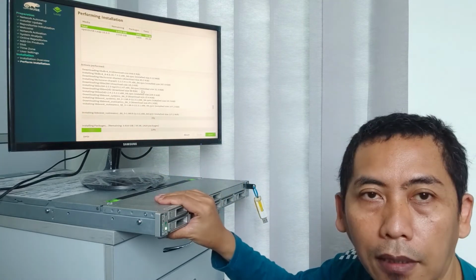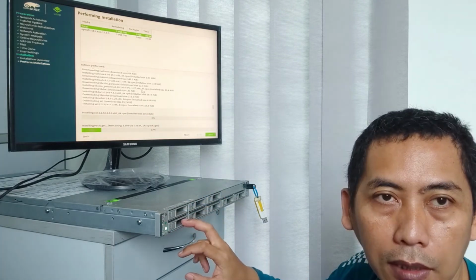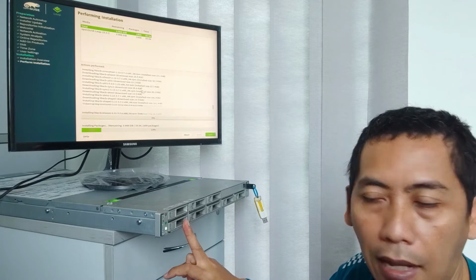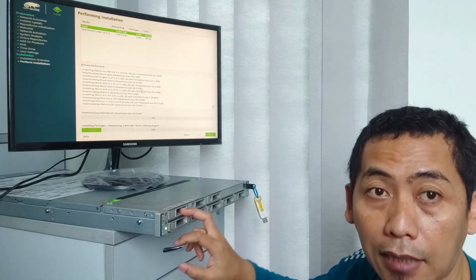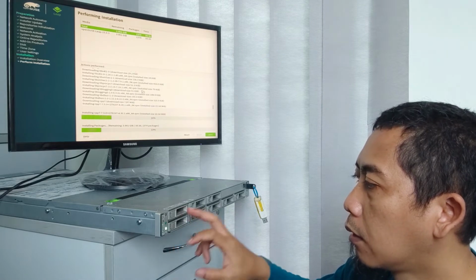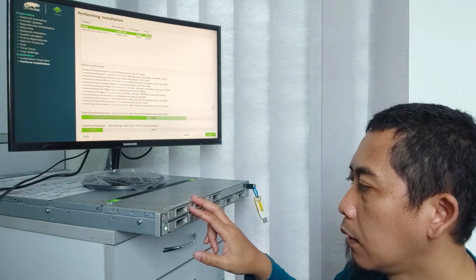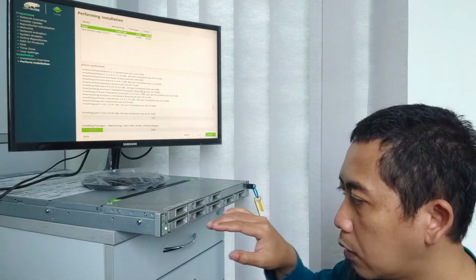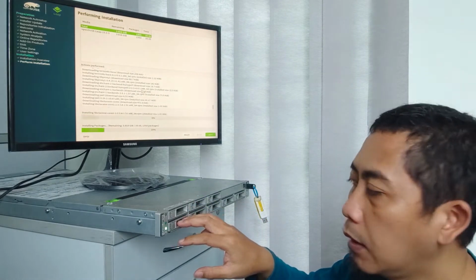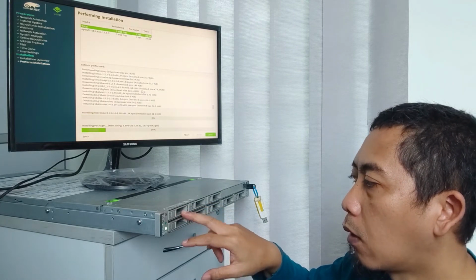The hard disks here, I already have two hard drives. First with a SATA drive, second with a SAS drive. Here is combined: I use SATA for the SSD, and I also use SAS for these two.